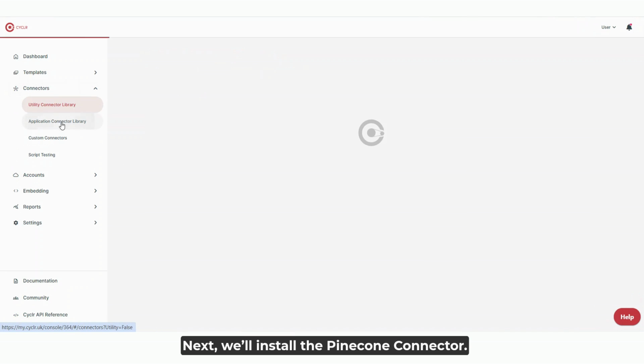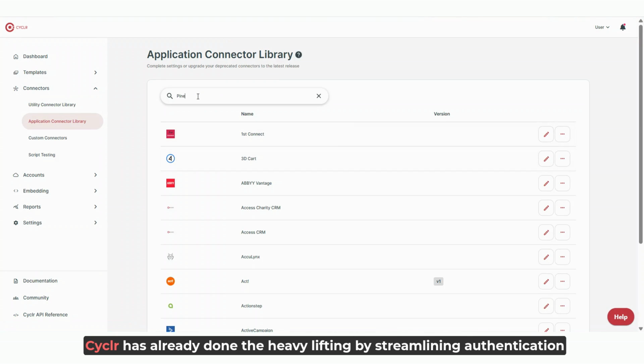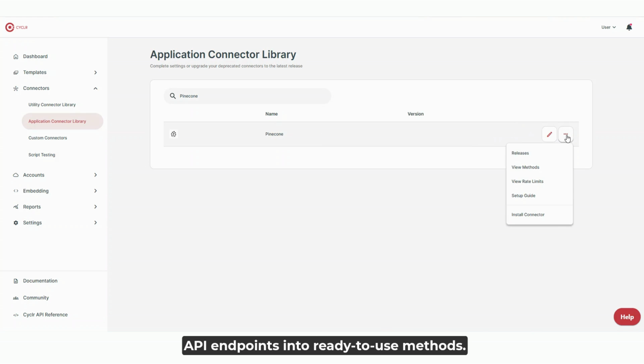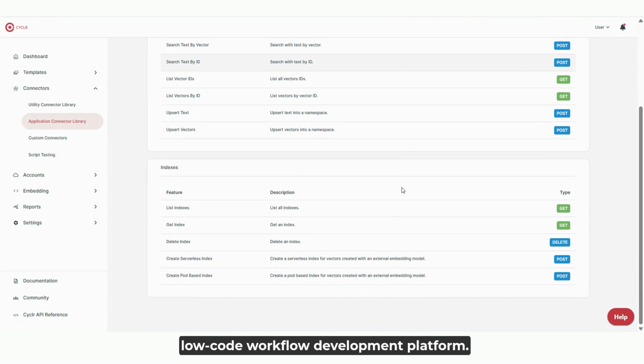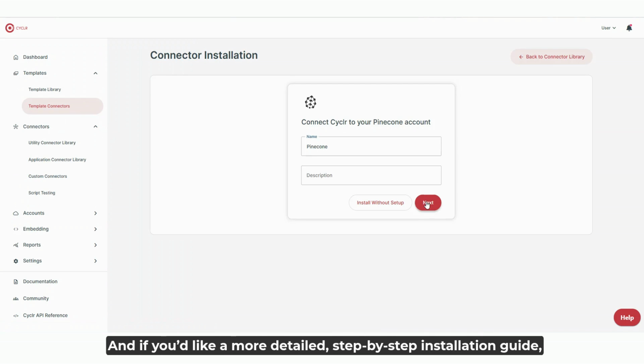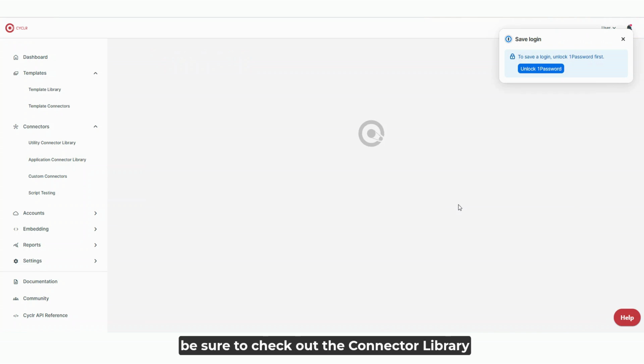Next, we'll install the Pinecone connector. Cyclr has already done the heavy lifting by streamlining authentication protocol and transforming most of Pinecone's API endpoints into ready-to-use methods. These methods can be directly used within our low-code workflow development platform. To get started, just enter the API key you created earlier. And if you'd like a more detailed step-by-step installation guide, be sure to check out the connector library documentation for